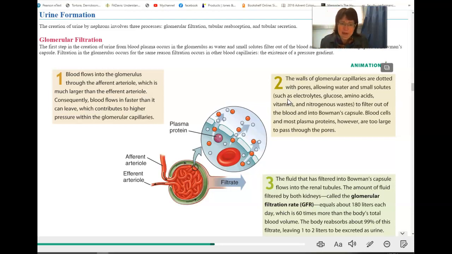Also, a little bit of protein can be in the urine, but you do not want a large amount of protein in the urine, and that again will show there's problems in your glomerular apparatus. Notice now that the fluid is in the nephron, it is called the filtrate. So that is step 1, glomerular